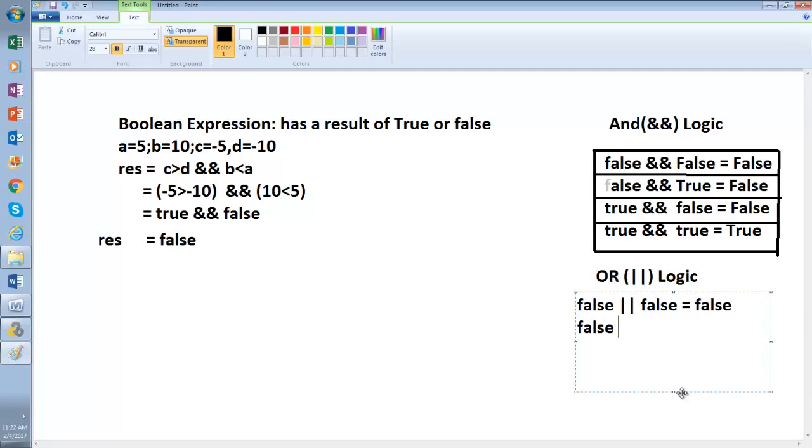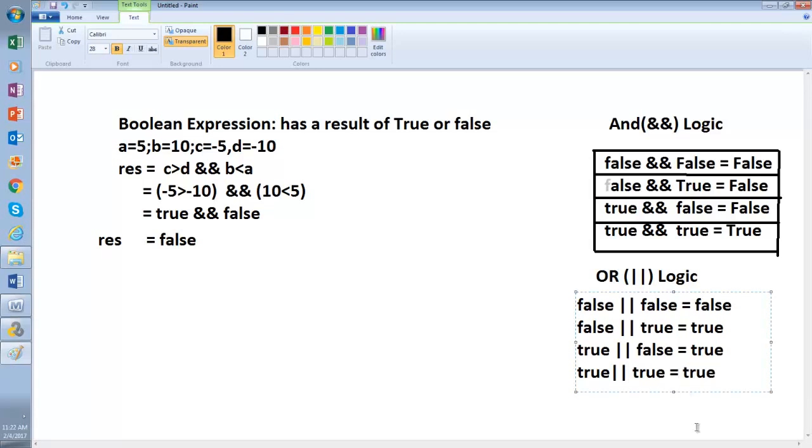False or true is true. Everything is true. True or false is true. True or true is true. One of the two is true.